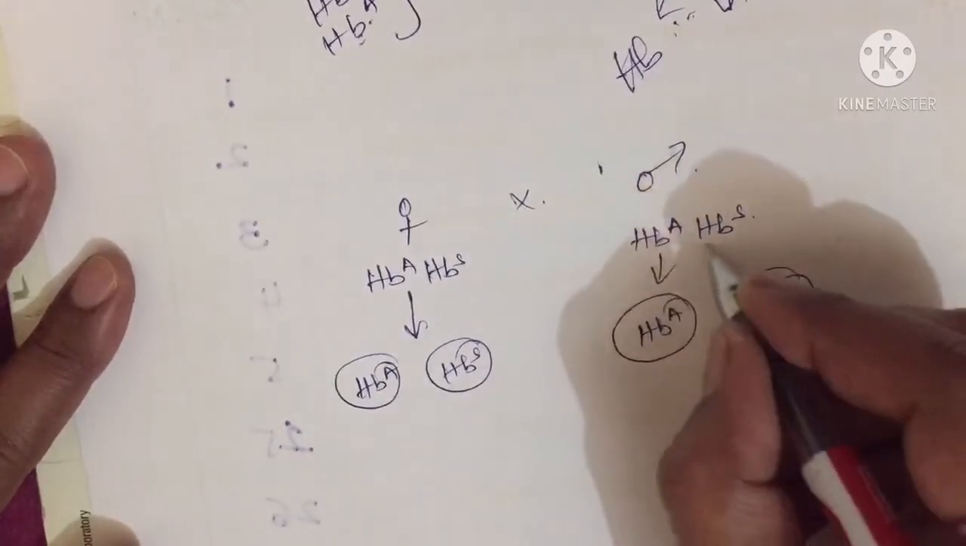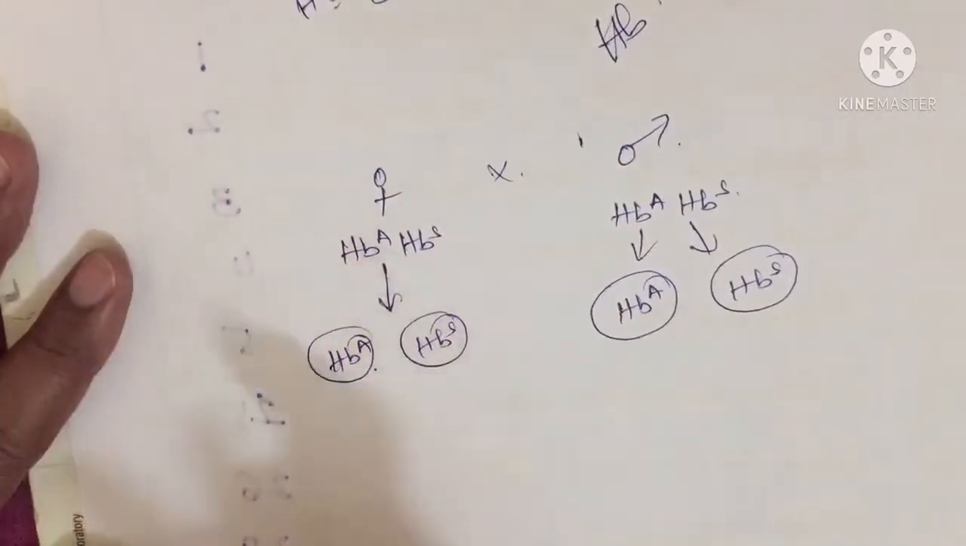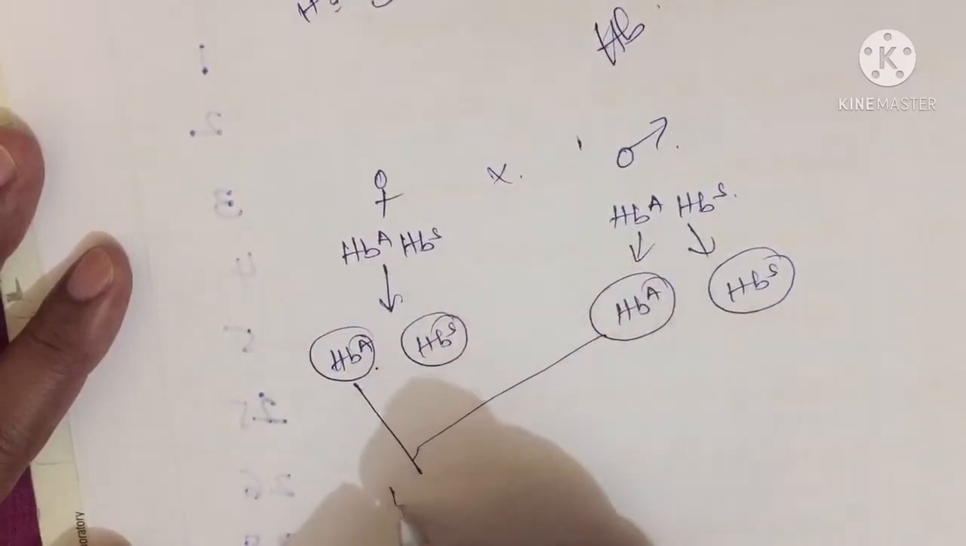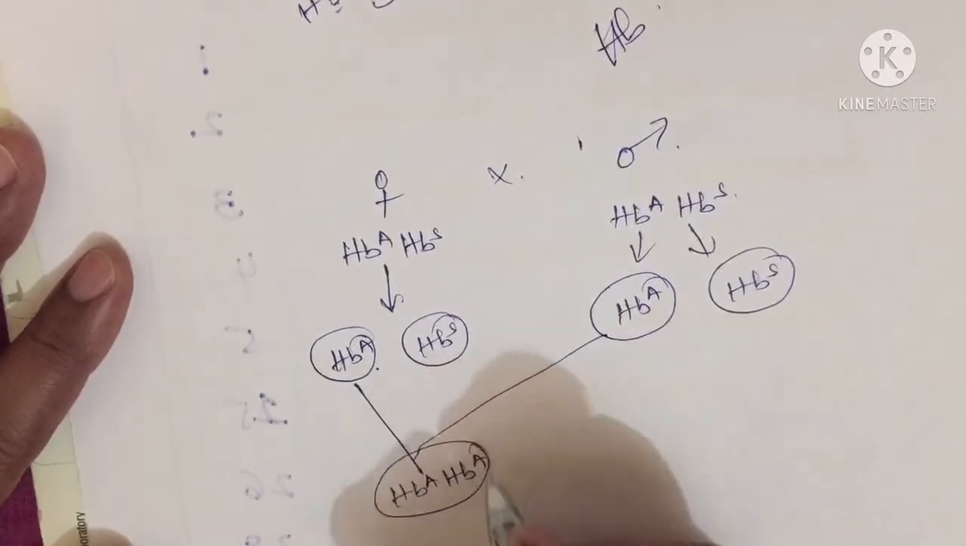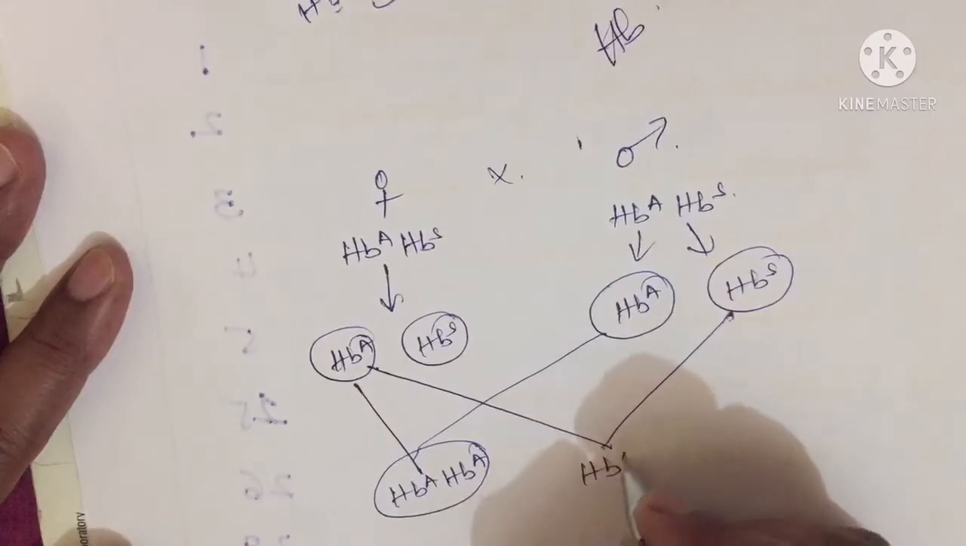Same type of gametes. Male will produce sperms, female will produce eggs. Right? That story is completely different. Here, if this gamete is fusing with this one, what will you get? HBA, HBA. Right? If the same one is fusing with the next one, what will you get? HBA,